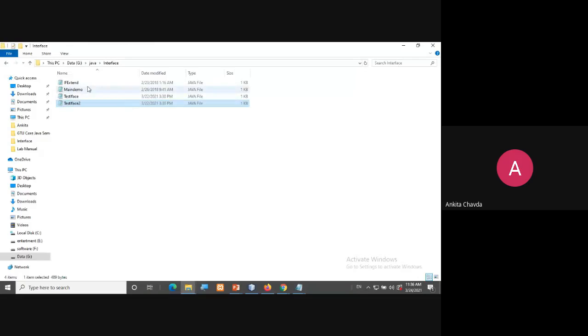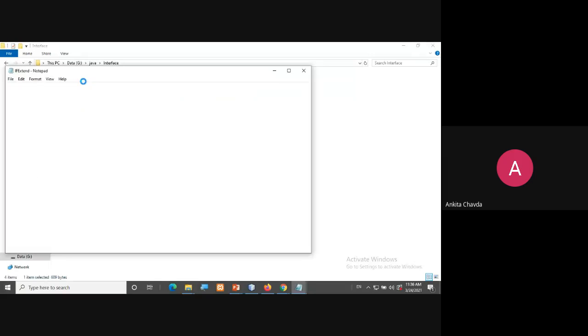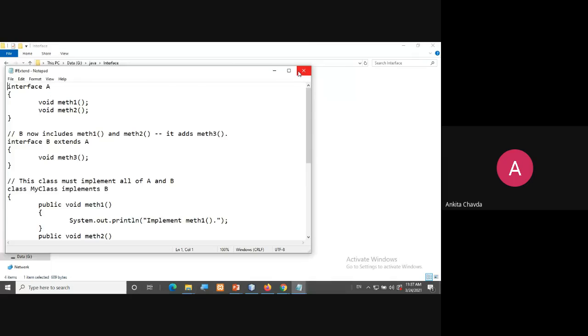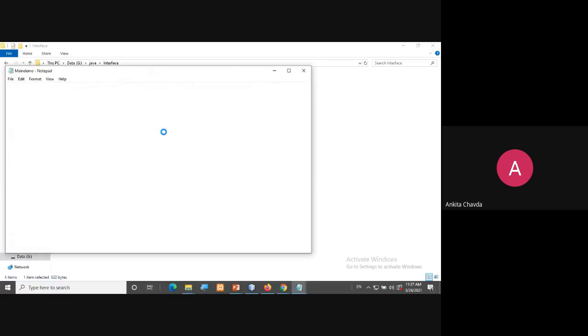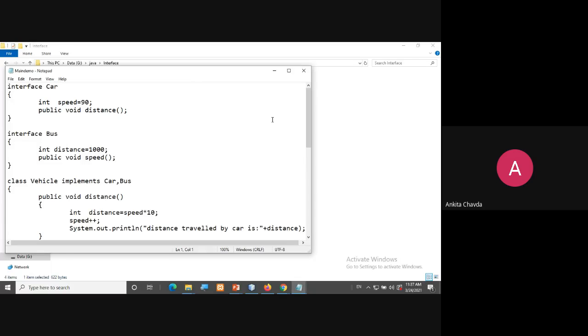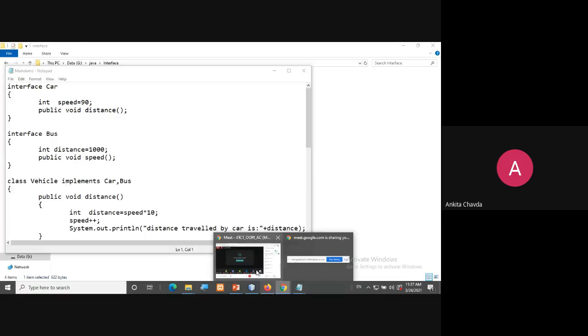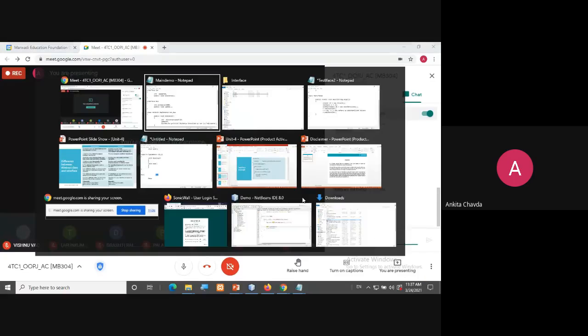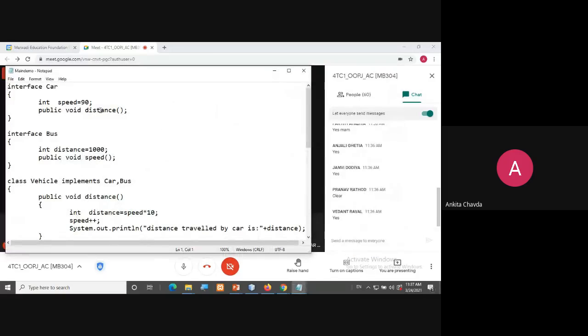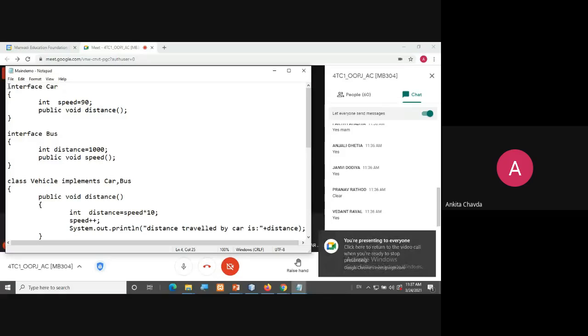Now another program where we are achieving a multiple inheritance hierarchy, right? Here I have one interface, that is car.